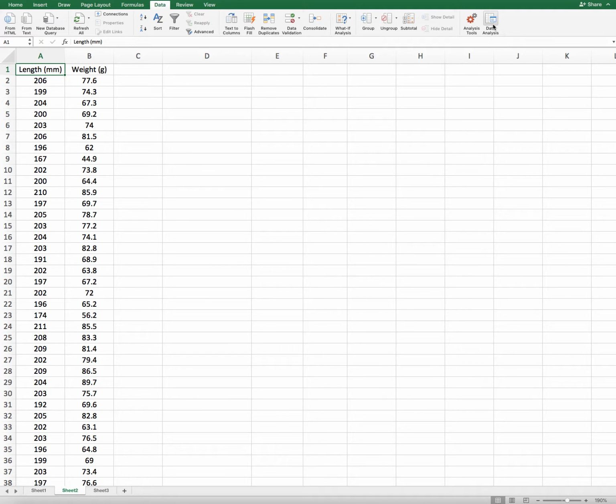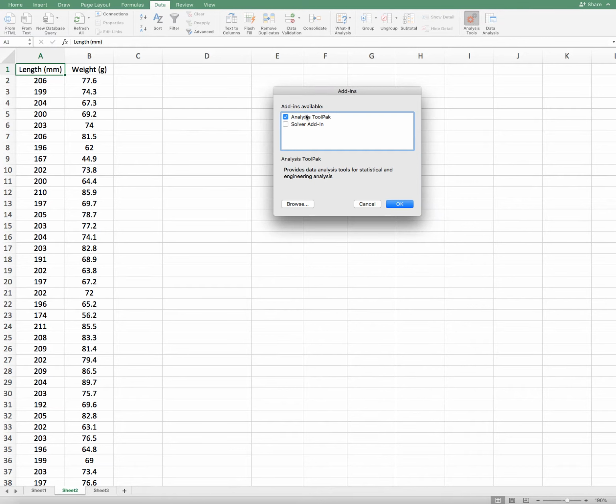If you are using Windows, go to the File menu of Excel and then go to Options. In Options, you will find Add-ins below. Click on Add-ins, and you will find the Analysis ToolPak.